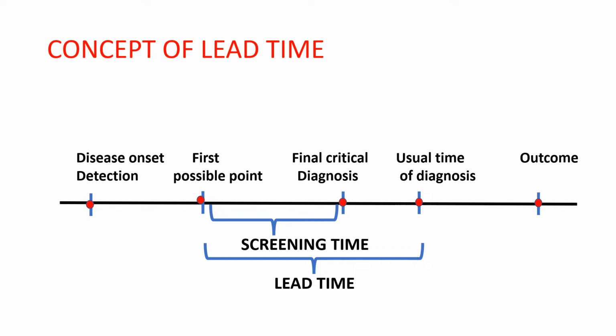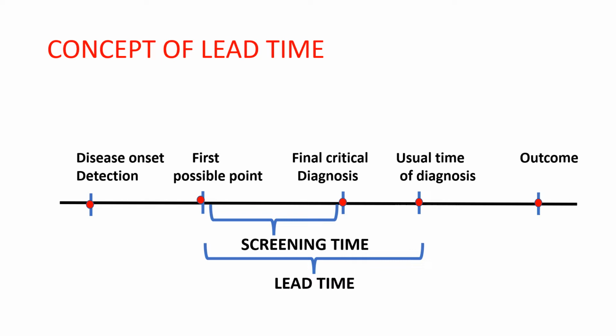Now, this final critical diagnosis point is the point beyond which, when the disease concerned is diagnosed, there is no point of reversal, or there is little chance of getting into normalcy. So what is the ideal screening time? It is between the first possible point and the final critical diagnosis before that. So that is the window where one aims for screening,